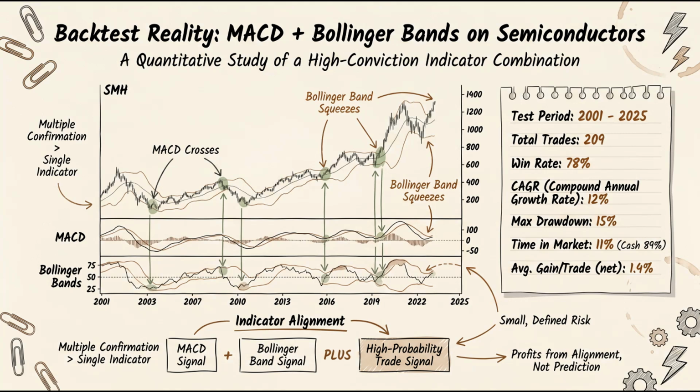A quantitative backtest of a MACD and Bollinger Band combination on the VanEck Semiconductor ETF from 2001 to 2025 produced some fascinating results. Out of 209 trades, the strategy had a 78% win rate, a 12% compound annual growth rate, and a 15% maximum drawdown. Crucially, the strategy was invested only 11% of the time, staying in cash for the rest. The edge didn't come from predicting the future, but from waiting for high-probability setups where multiple indicators aligned and then